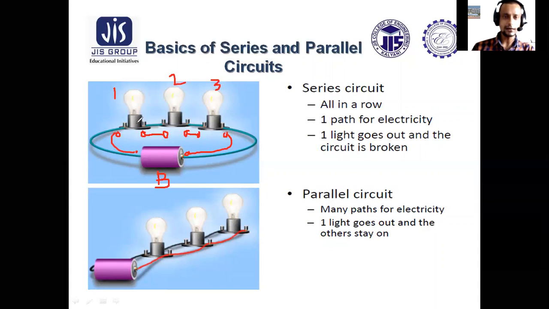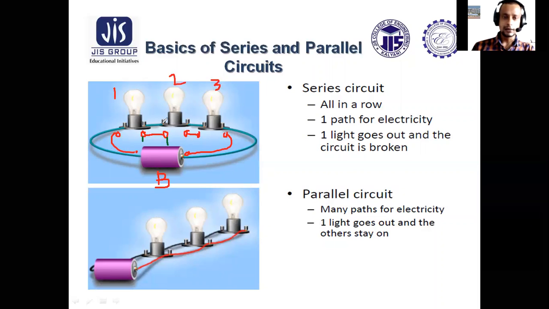So what is happening here? For bulb 1, the end terminal of bulb 1, that is, this terminal, is connected to the starting terminal of another bulb. So this can be considered as a back-to-back connection. One's end will be connected to another's